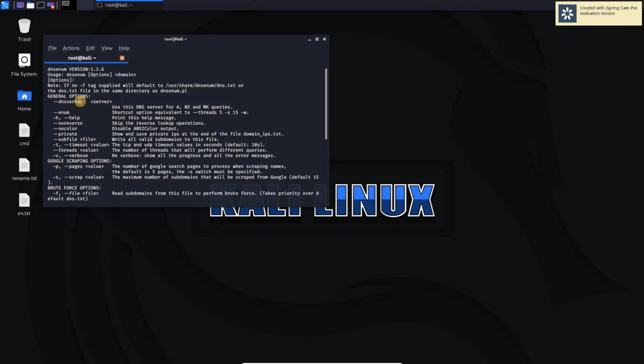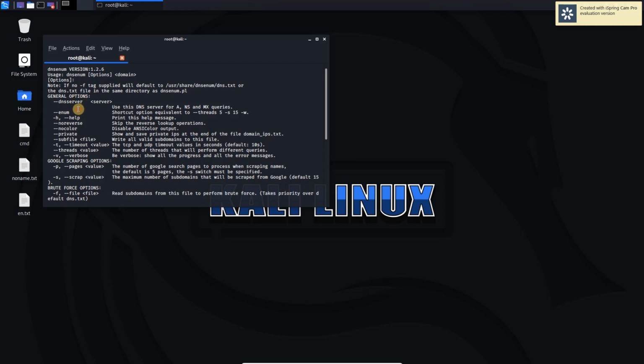We use this to specify which server we want to use to enumerate this website domain. If we don't use this option, it will use your local ISP server, that is your default name server.